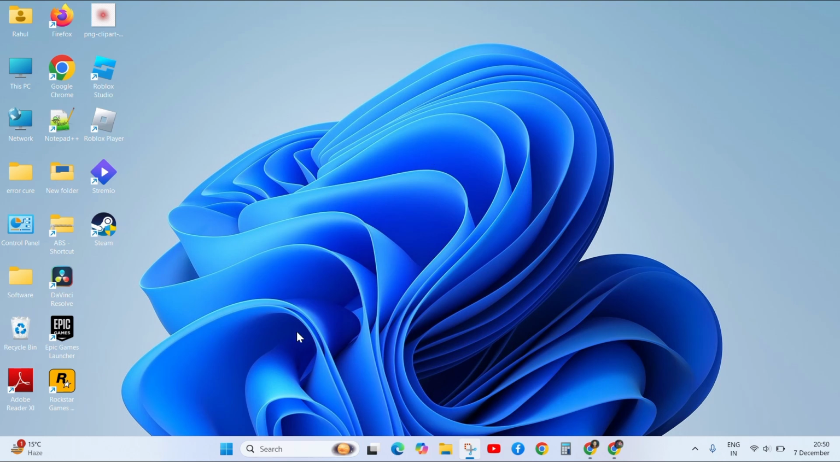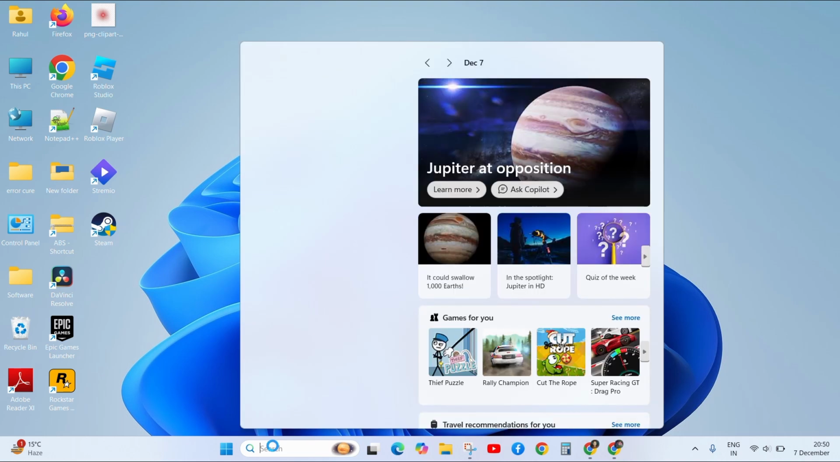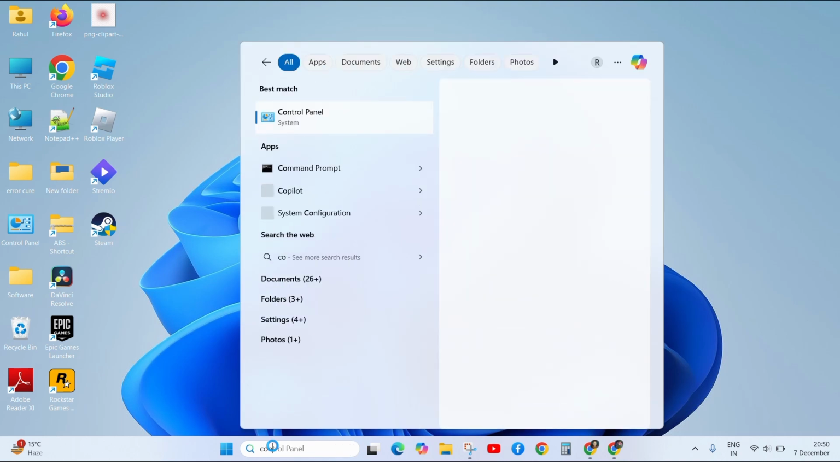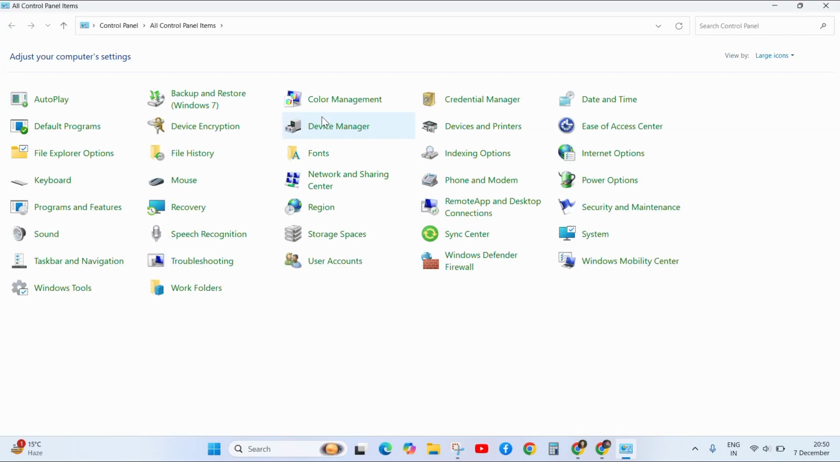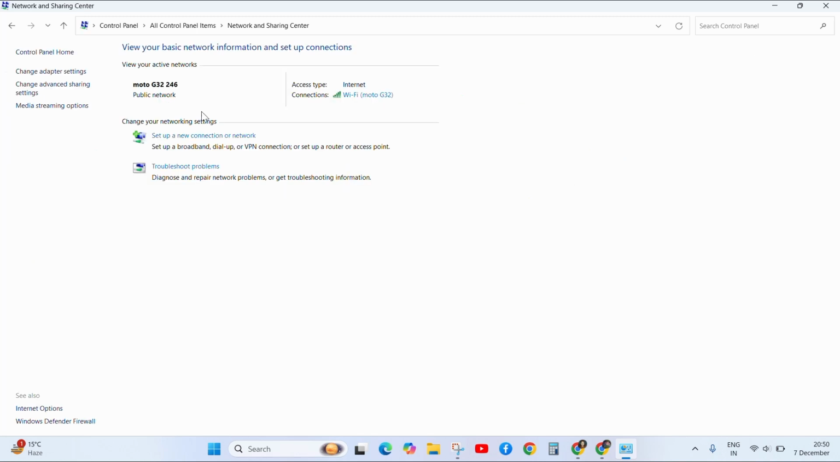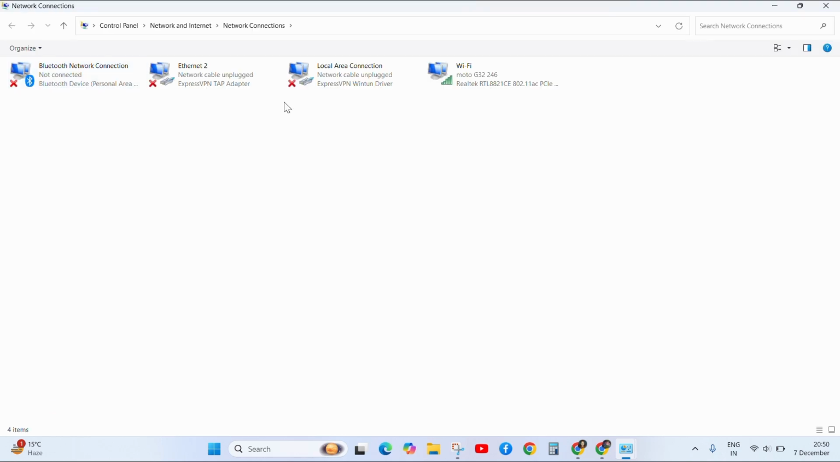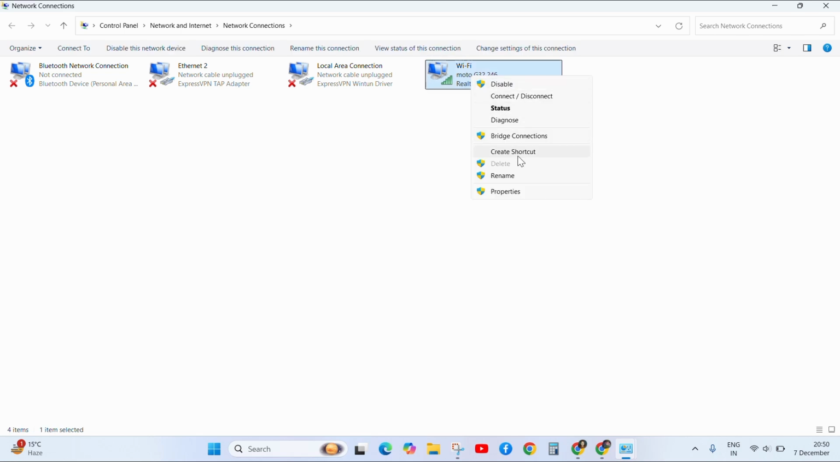First, when you are facing this problem, go to the search button and search for control panel. Then go to the Network and Sharing Center and click on change adapter settings. Now right click on the Wi-Fi or the connection you have connected to the internet. Right click on it and go to the properties,